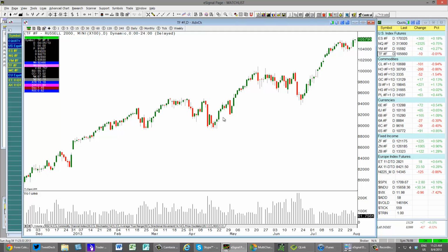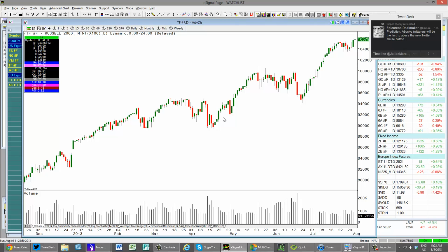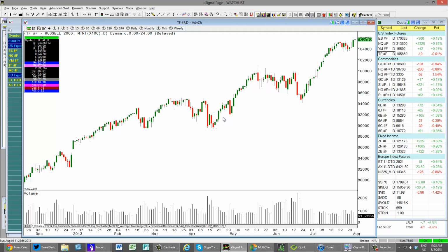So even though the jobs report missed on Friday, I didn't really get hit too hard as I am playing the dollar long mostly. That's basically my biggest trade. So I didn't get hit too hard as my other trades were differently correlated basically, and they offset a lot of losses in other markets. But